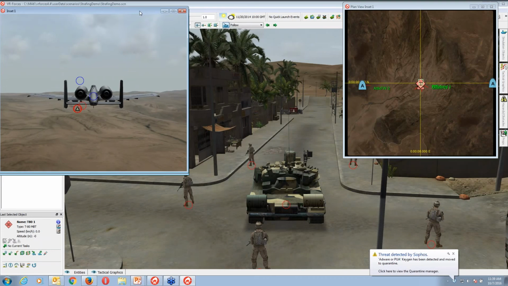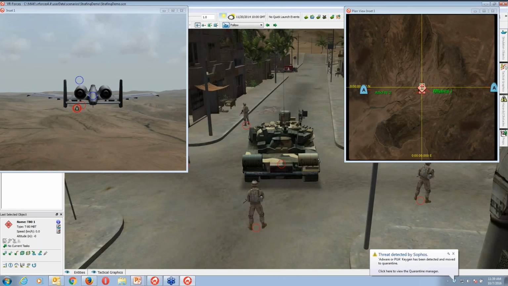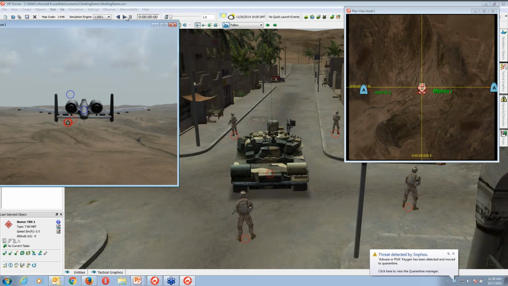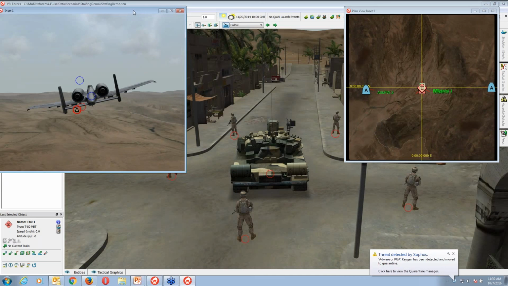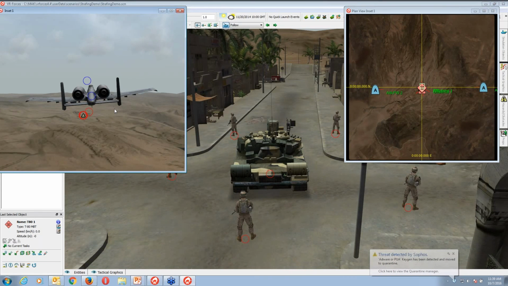One is the plan window. You can see a full bigger picture of your scenario. On the left hand side, I'm tracking one Thunderbolt aircraft, how it is targeting the enemy, and a bigger view in 3D. So I'll start this scenario. You can see on the left hand side in 3D how my aircraft is moving.